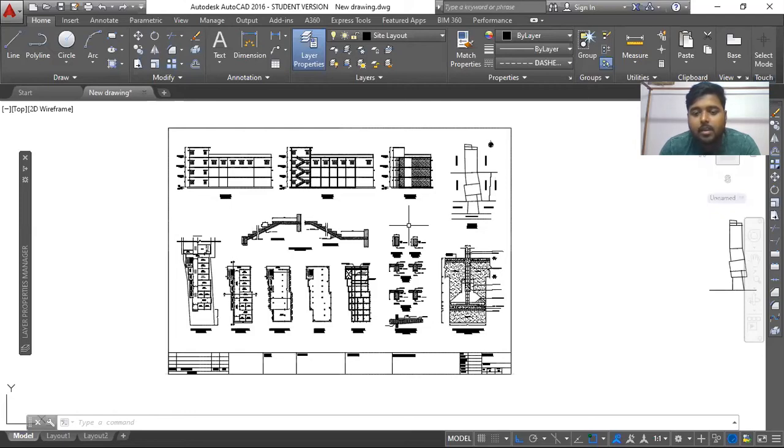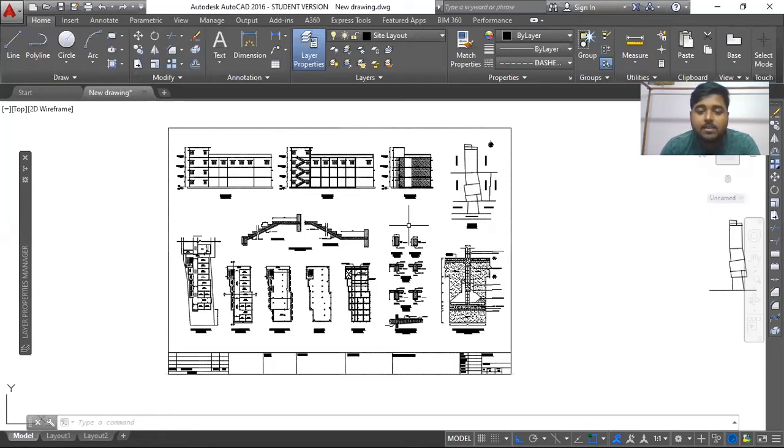If your drawing is 1:100 on an A4 sheet, and you double the size of your drawing and print it on an A3 sheet, obviously your scale will be 1:50 at that time, because the same line which is represented as 3 centimeters on an A4 sheet is going to be represented as 6 centimeters on an A3 sheet, because it is doubled. But in the actual field it is 3 meters. So obviously at that time it is not 100 times, it is 50 times. So your scale will be 1:50, not 1:100.